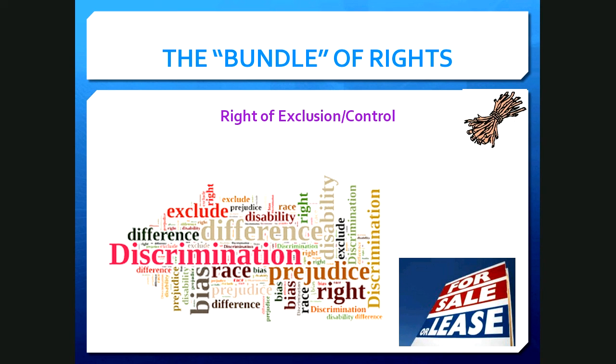So this right of exclusion and control has been eroded away over the last 100 years, but you still have some rights of exclusion and control. It really has to do with being able to control the use and the type of use and the people that come onto the property and use the property, or that you want to sell the property to, right? You can't only choose to sell to one group and not another group of people. So that's what we're talking about with the right of exclusion and control.